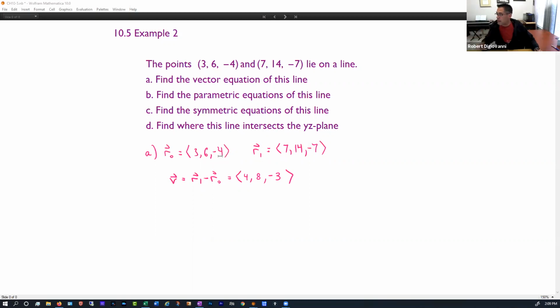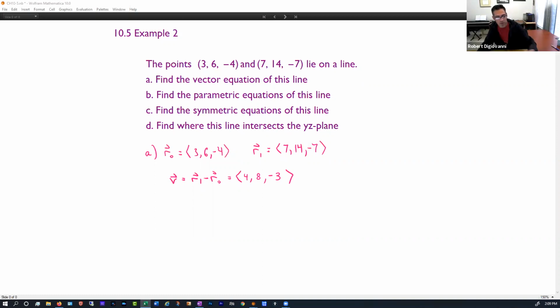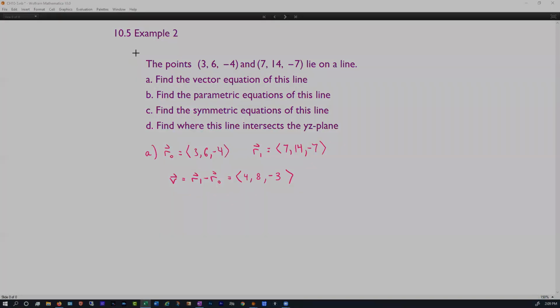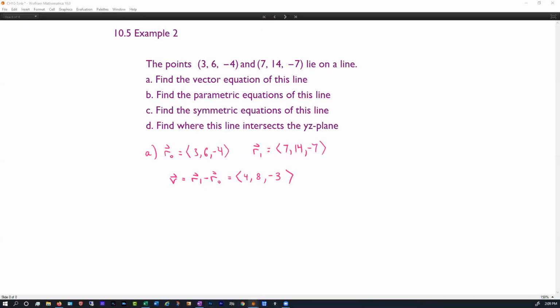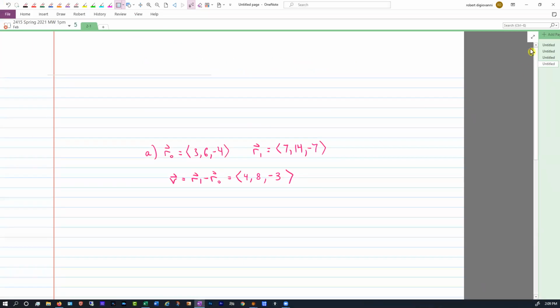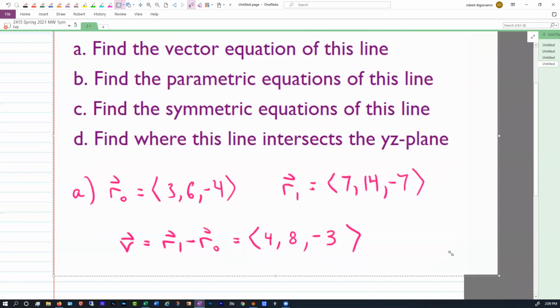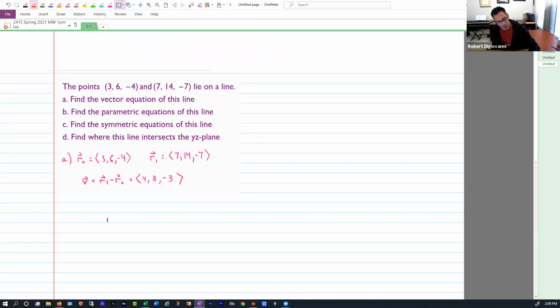Okay, so at this point, is Reagan around? I'm here. Okay, Reagan. So what would you do now? We're looking for the vector equation of the line. So what would you do at this point? The vector equation is the one that's R0 plus T times V. Yes. So let me put that here for you. I'm going to write down R of T